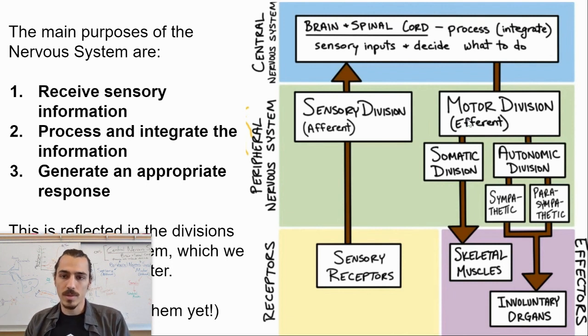The motor neurons are branched into two further subcategories, somatic and autonomic. So all of your motor neurons are either somatic or autonomic. Somatic means you have voluntary control over them, and that controls your skeletal muscle movements like this. Your autonomic motor neurons have control over the automatic functions of your body, things like digestion, peristalsis, the contraction of your smooth muscles. All of those automatic